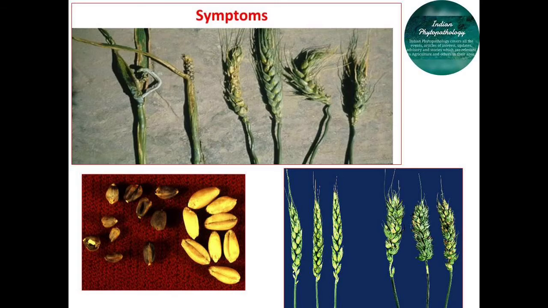You can see the infection of this nematode at the flowering stage. Those nematodes enter into the floral parts and form galls inside the ovaries, so that all the ovaries are infected. Once the nematode enters inside the ovaries, the bacterium becomes active and causes rotting. So there is a combined action of the nematode as well as the bacterium. The bacterium causes rotting and the nematode causes galls and replaces the earheads.